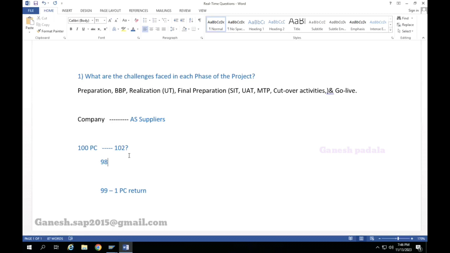No, right? In a few places the replacement will be done offline. They will not do the receiving in the system; they will inform the vendor, and the vendor will give the product. After that, they will receive the correct product, and the vendor will take back the damaged product. You cannot track it in the system. That's one kind of scenario I saw in my experience.